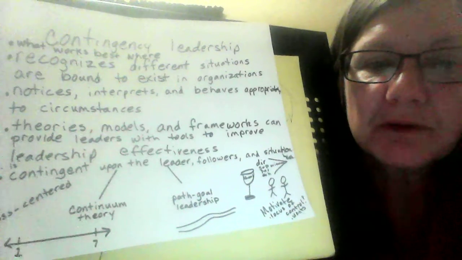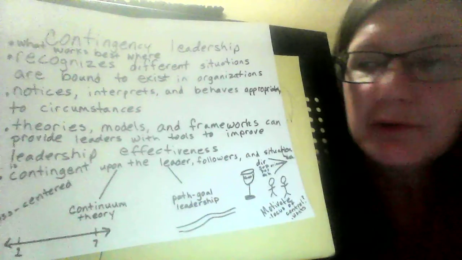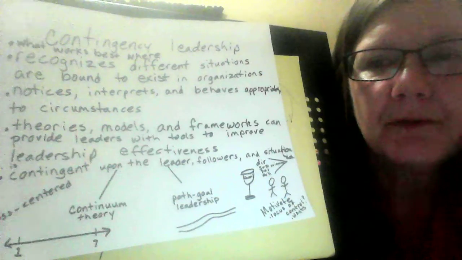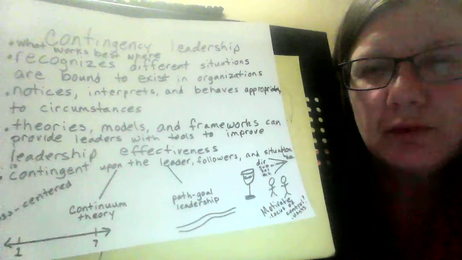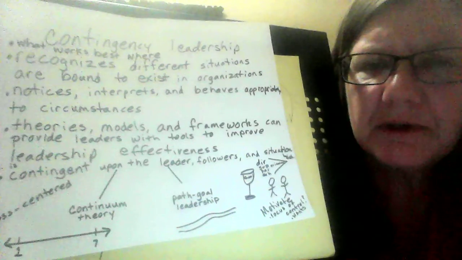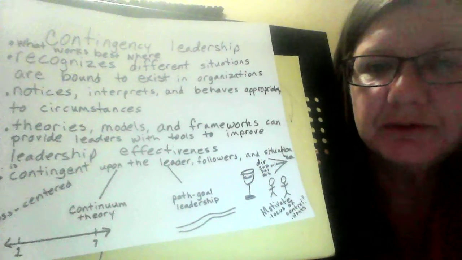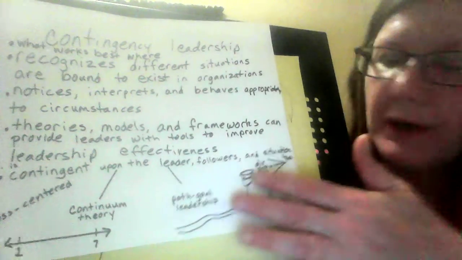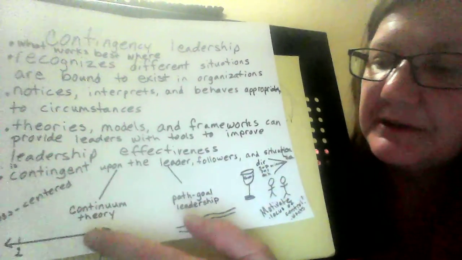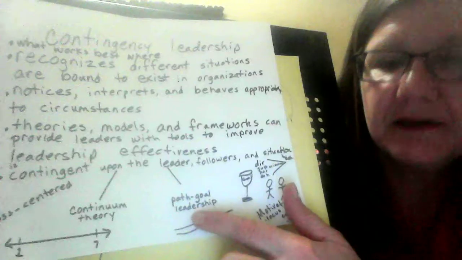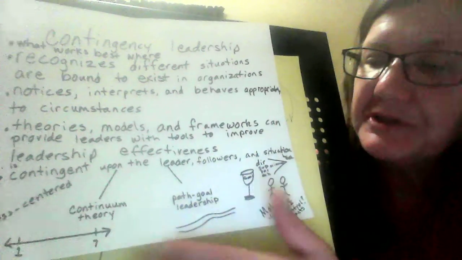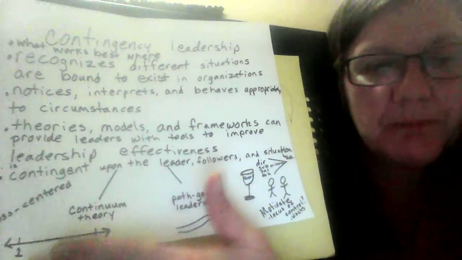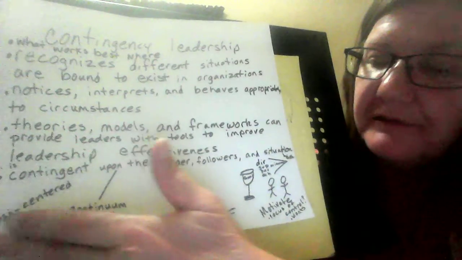Theories, models, and frameworks can provide leaders with tools to improve leadership effectiveness. So all the theories, understanding them can help you be flexible in a way that you know is going to fit into the framework appropriately. So what I want to talk about first was the continuum theory, and next the path goal leadership. The continuum theory is a boss-oriented or boss-centered theory that is on a continuum